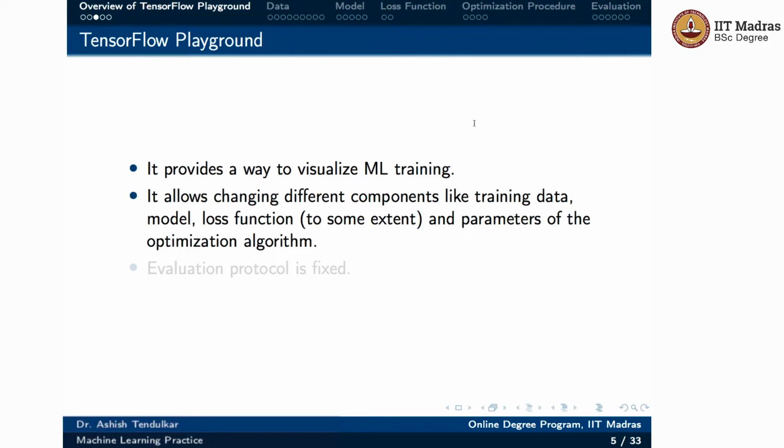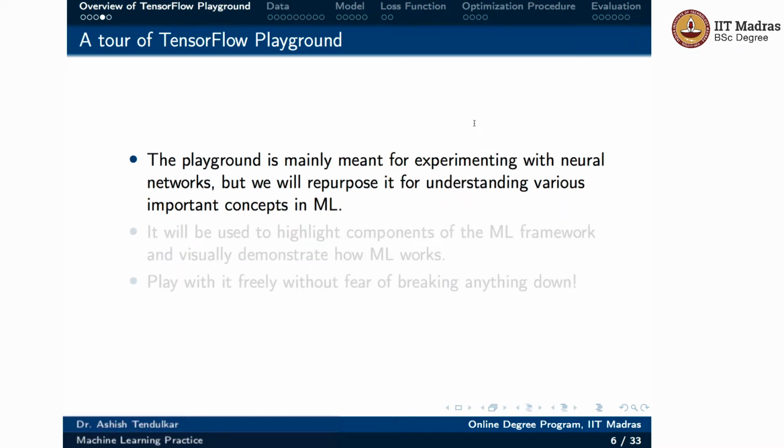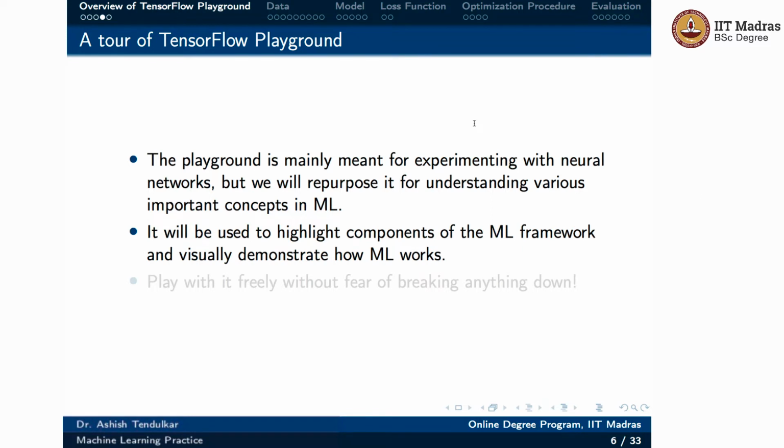It allows changing different components like training data, model, loss function to some extent, and parameters of the optimization algorithm. The evaluation protocol is, however, fixed. The playground was built for experimentation with neural networks visually, but we will repurpose it for understanding various important concepts in machine learning. It will be used to highlight components of machine learning framework and visually demonstrate how machine learning